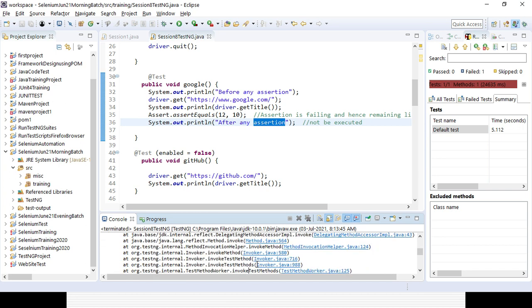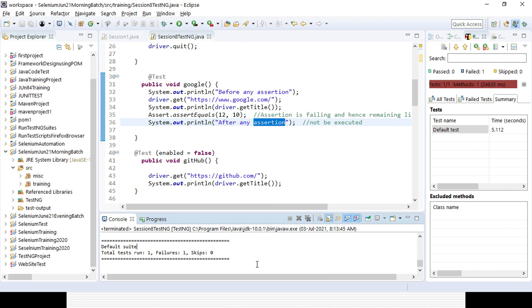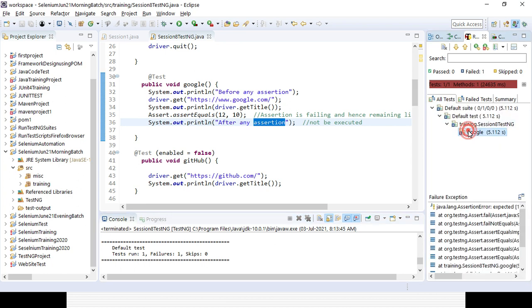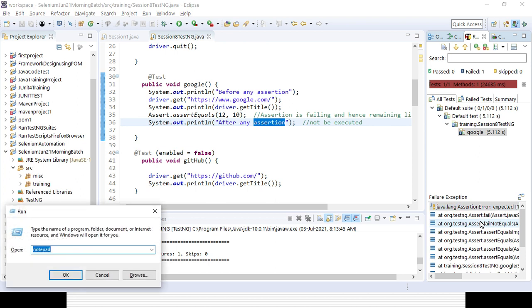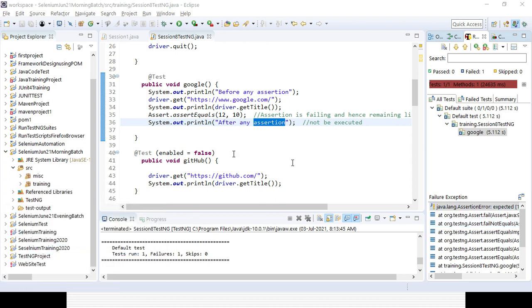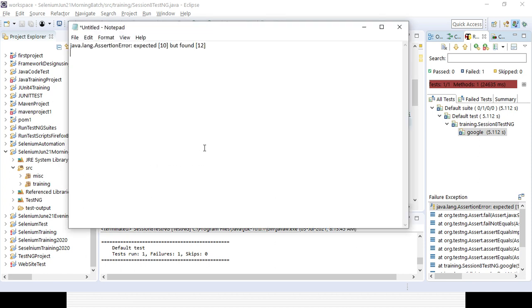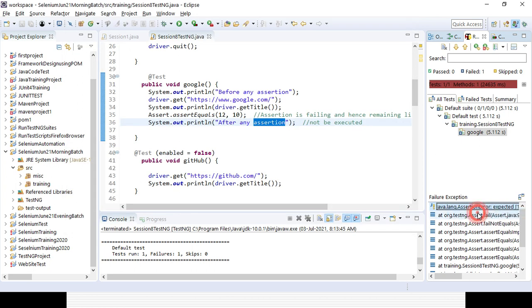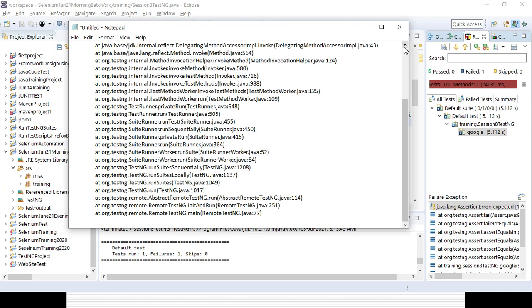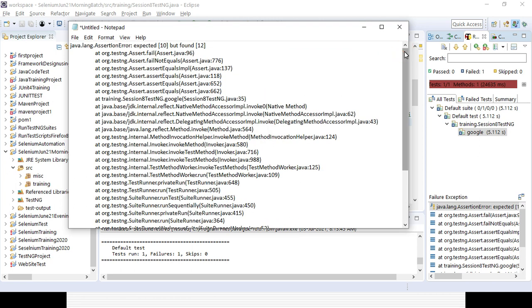Okay, and if you don't want to check the console, you can see one test case, one failure. How can you get the details? Click on the test, click on the method that failed, then right click, copy the TestNG message and stack trace, and save it in a notepad so that you can get the details of the message. So TestNG also provides a very important way. You can see the message coming, and if you want to check the details, you can go to the TestNG trace. Okay, you can see all the details. So there is no need to rely only on the console, you can get the error details from here. Okay, so that is the hard assertion.